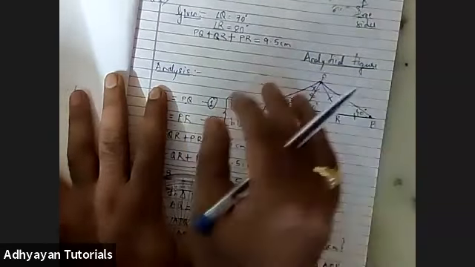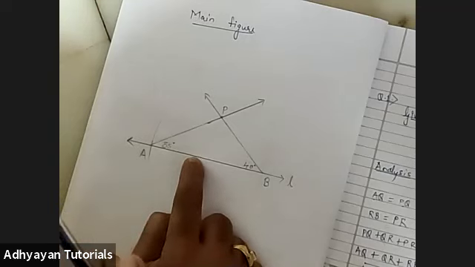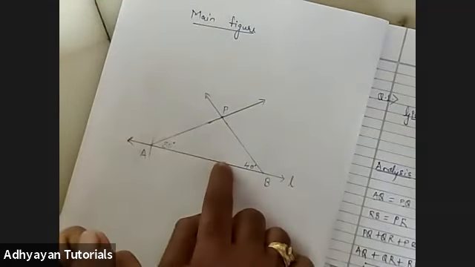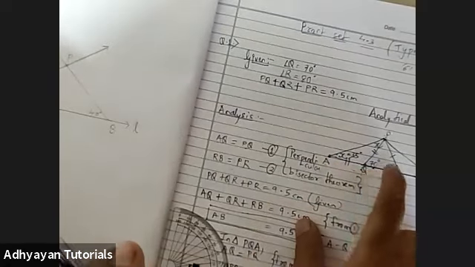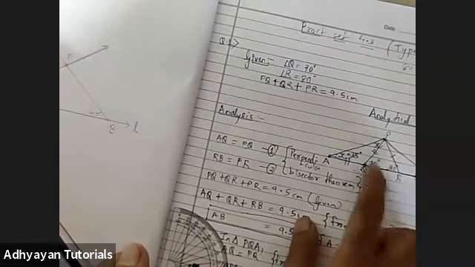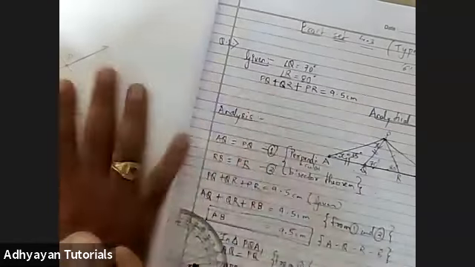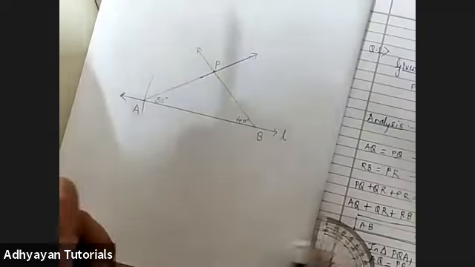Very similarly, to find R, we have to draw the perpendicular bisector of PB. So here, what is the next step? Draw the perpendicular bisector of AP like this and draw the perpendicular bisector of PB. The perpendicular bisector of AP will give us Q, and that of PB will give us R. And ultimately, at the end, we should get the angles 70 and 80. If this comes, we'll know our diagram is correct, right?